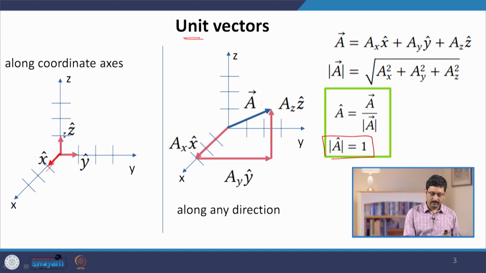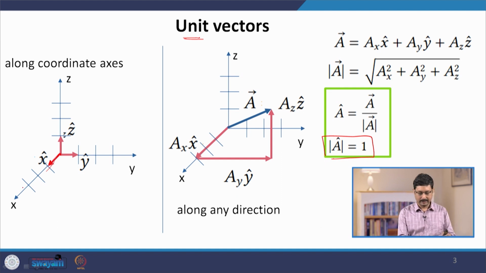If x represents length, then it could be 1 meter or 1 centimeter, whatever is the appropriate unit for the problem. If x represents force, then it could be 1 Newton, 1 micronewton and so on. So, this is 1 unit for the time being,